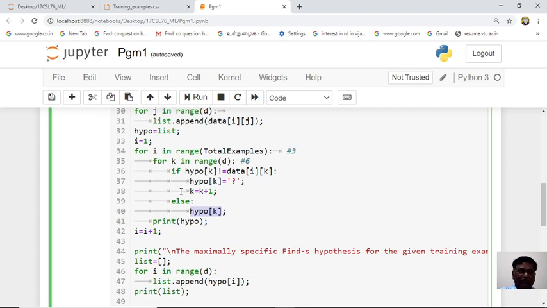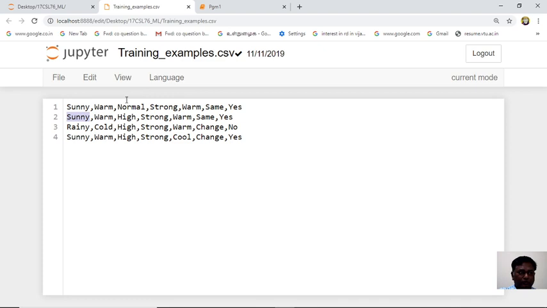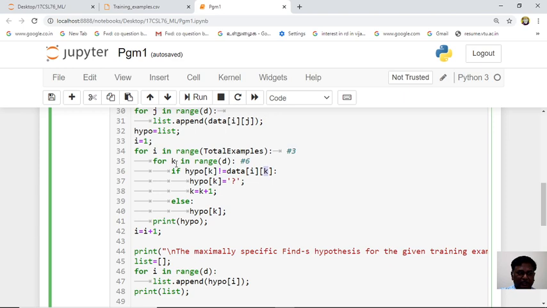Now the second time the for loop will go for your k. Now we will go to the input: warm equal to warm, yes. So only the else case will run. Normal is not equal to high, the condition is true. So the if condition will run for the third element.